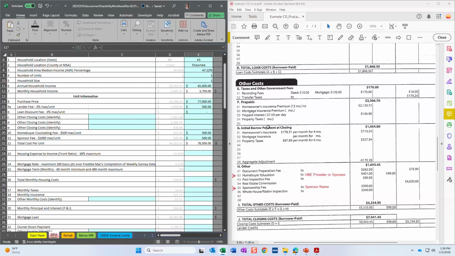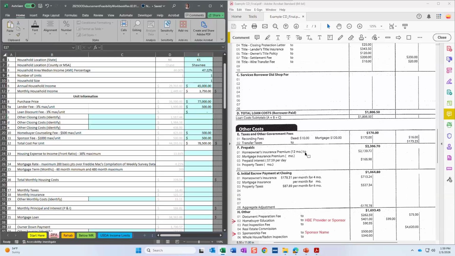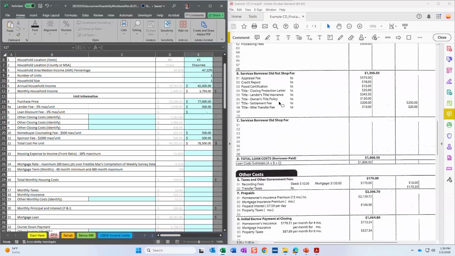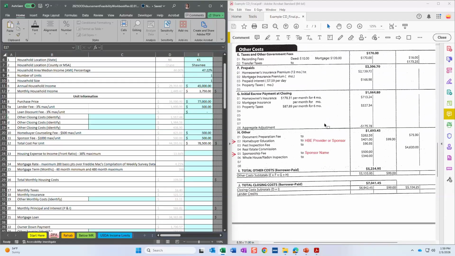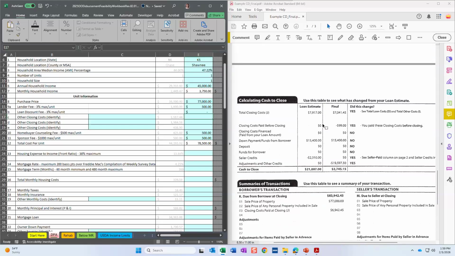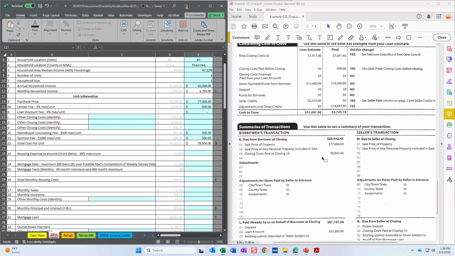So there's a couple quick ways to fill out this. You do not have to necessarily break this out into a bunch of different individual line items. You can see there's a lot of line items on here. I'm going to condense this down into one and give it a generic label. But again, a couple ways to calculate that amount for you. One of the ways that I find easiest is to go down to page 3 here. You can see the closing costs paid at closing.